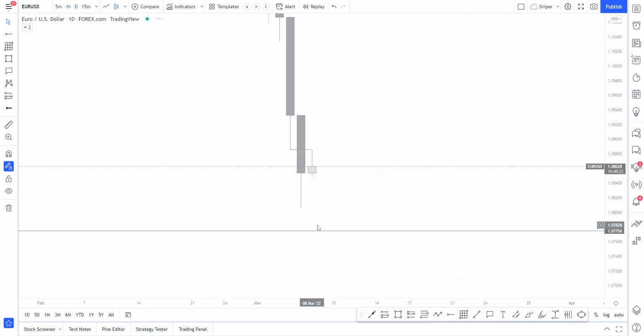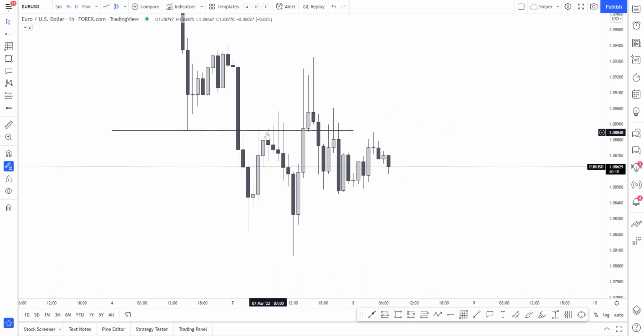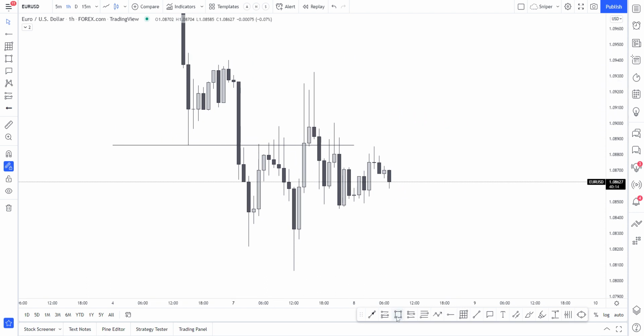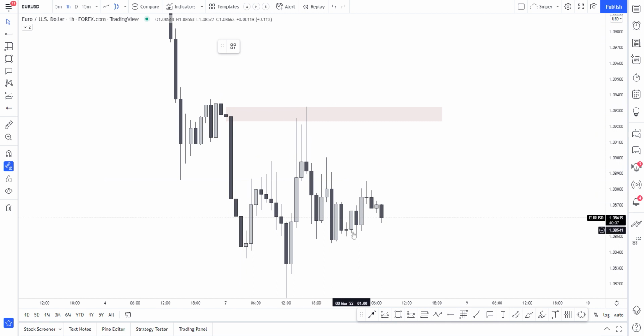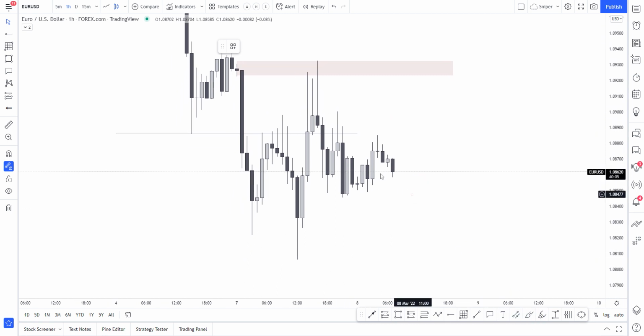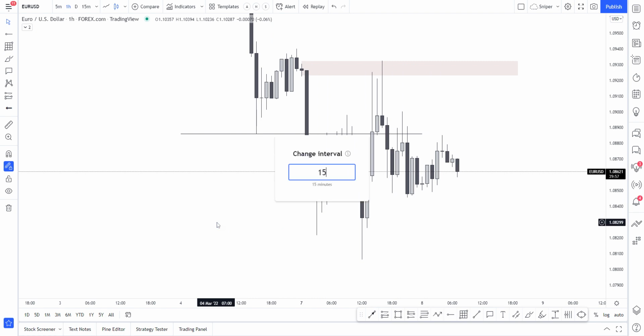If we then look at the 1 hour, we can see how price managed to move up into this area, into this wick, reacted off this area, and seeing them move towards the downside, and they are now just accumulating in this area, kind of creating like a triangle type of thing. If we look at the 50-minute,